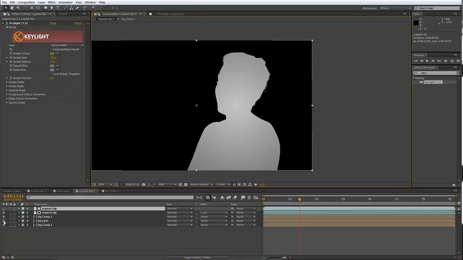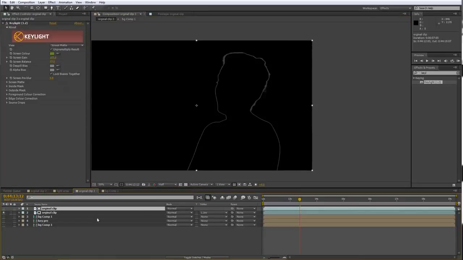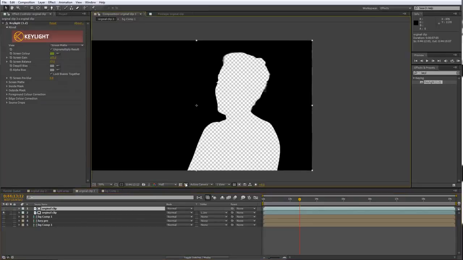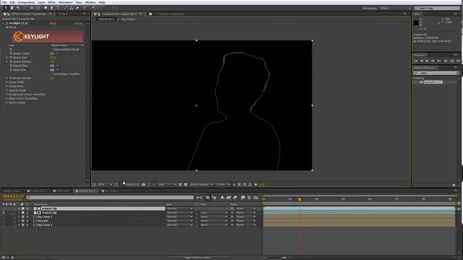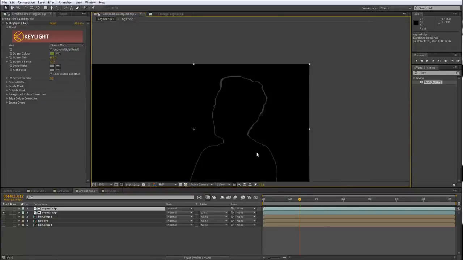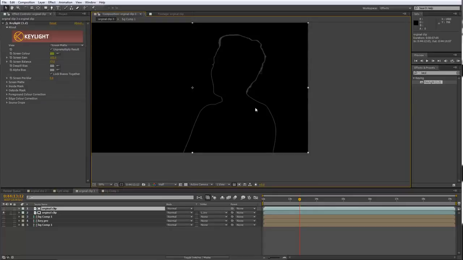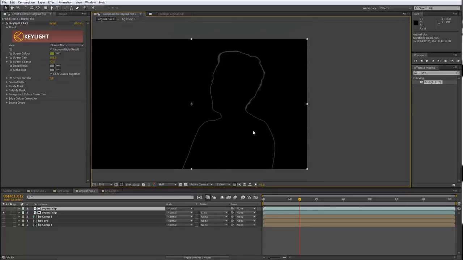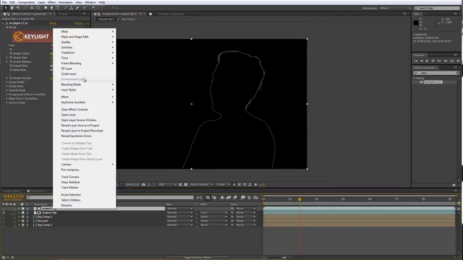I can switch off all of these other layers just to see what's happening. It's going to look like you've cut out a hole like this, but just toggle the transparency grid and you're going to see that we've created like an outline based on our key. So what we can do now is go to the original clip, the very top one,